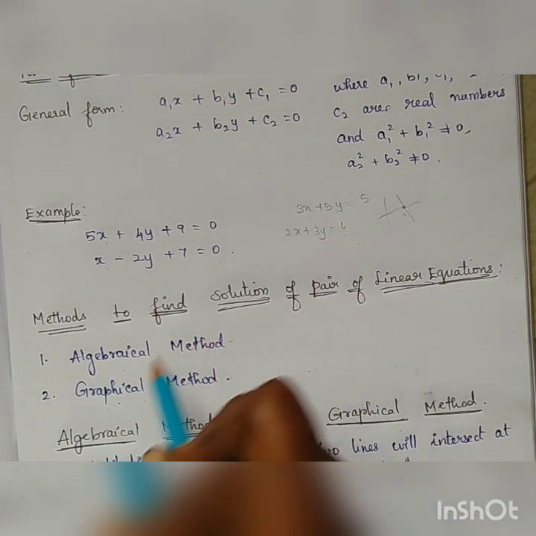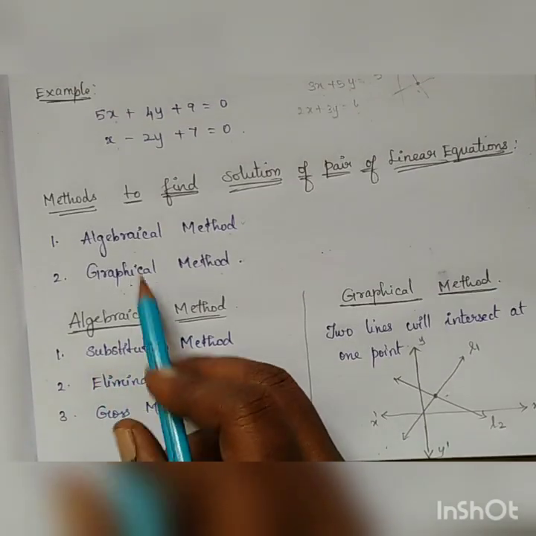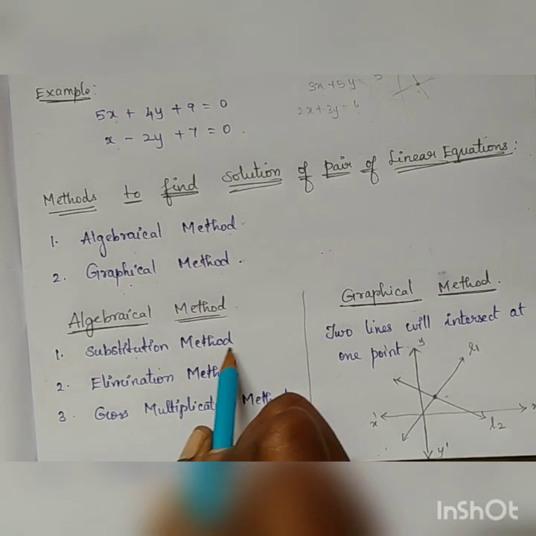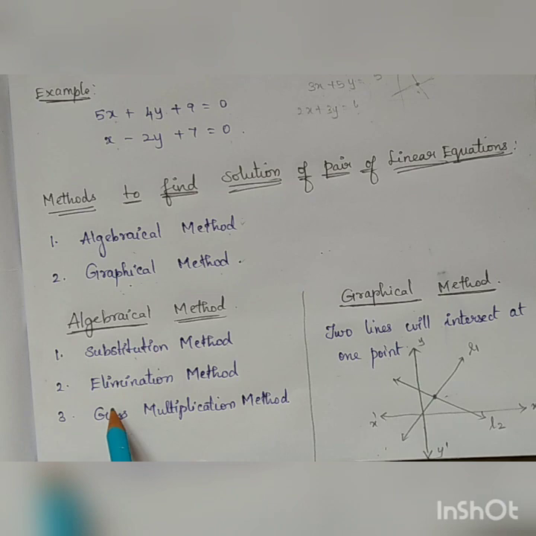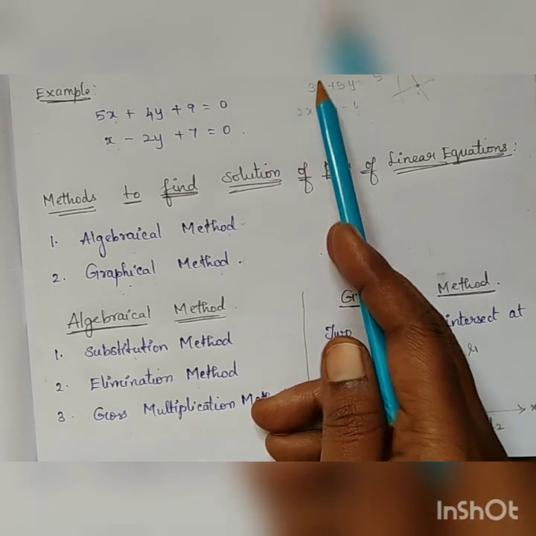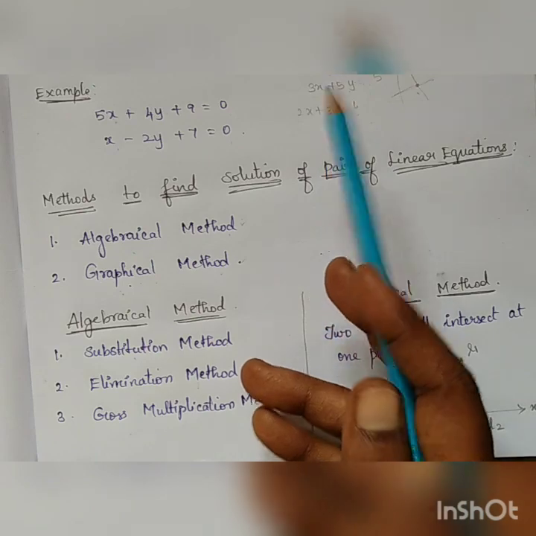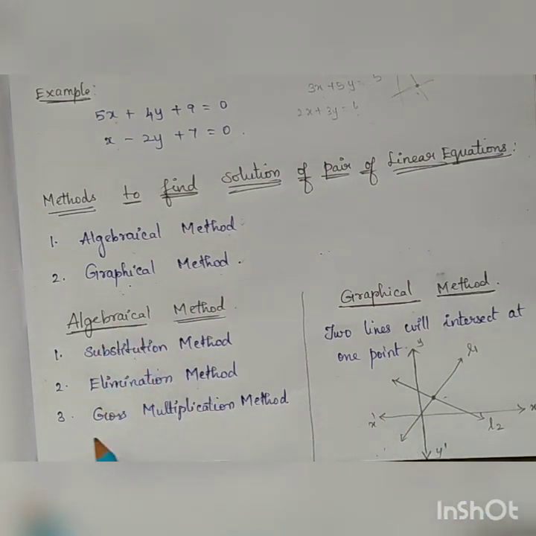The same thing only we are going to study here. First is the algebraic method and second is the graphical method. Now, under the algebraic method we have three methods. First is the substitution method, that is giving values for x and finding the values for y. Next is the elimination method. Elimination means just cancelling the x value by making that coefficient the same, and finding the y value. Then we substitute the y value into x and find the x and y values. Then the last method is the cross multiplication method. This we will see in detail.